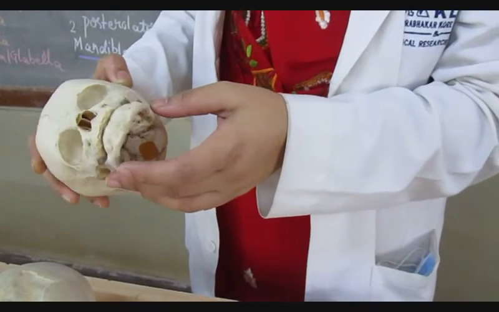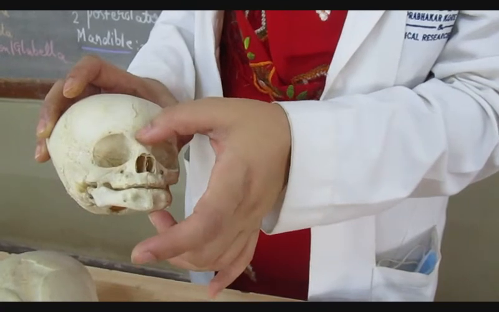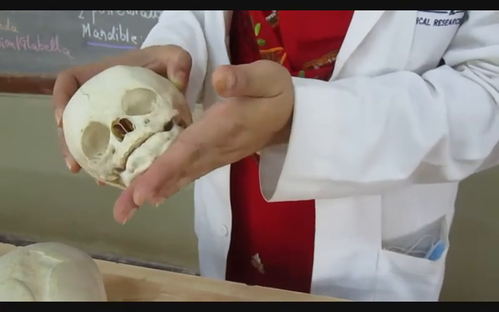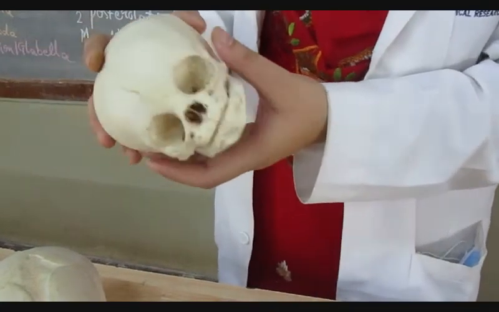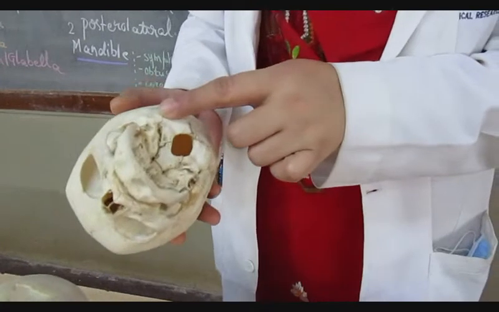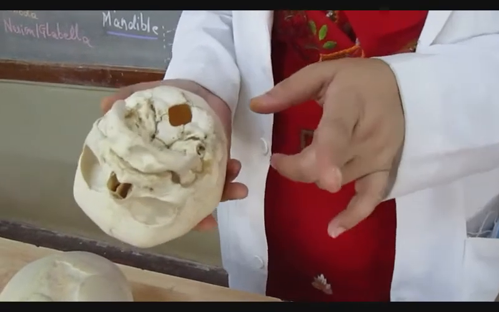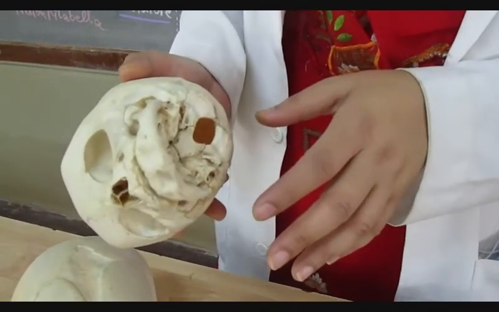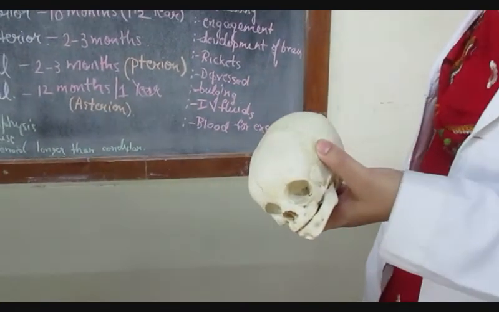Okay, so the face is the area between the brows and the glabella and the floor of the mouth. This area is very small compared to the rest of the neurocranium, which is very large. In the base of the skull, the most important thing is the absence of the mastoid process, and the styloid process is also not conspicuous. Yeah, most of the things are covered.